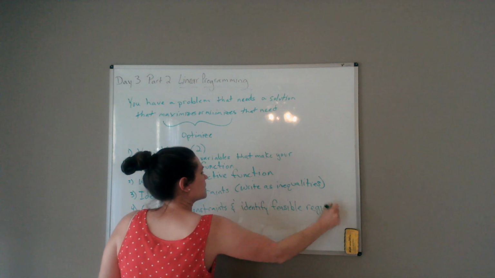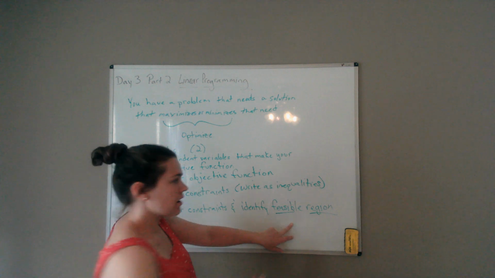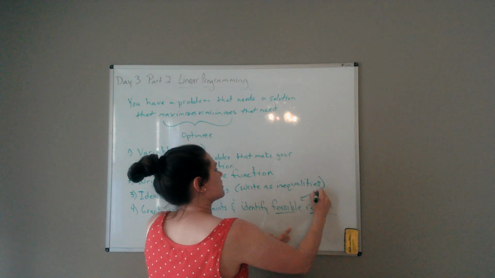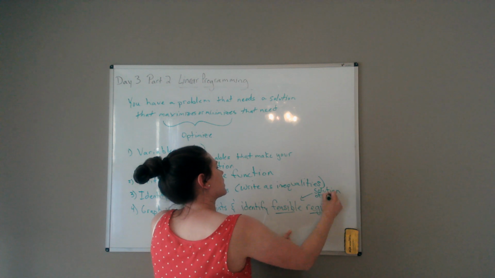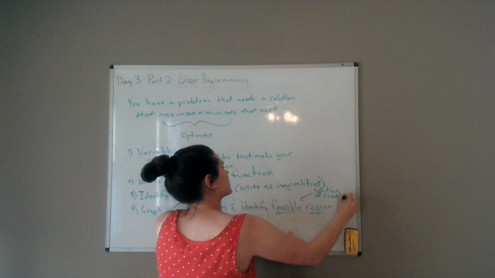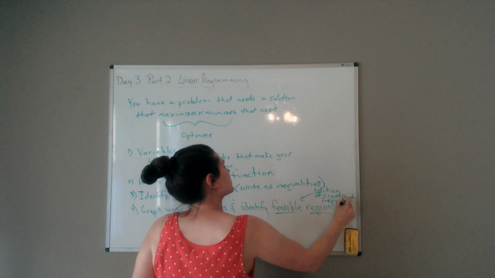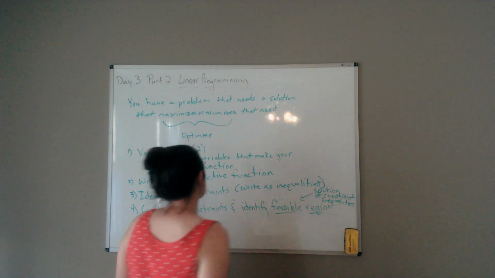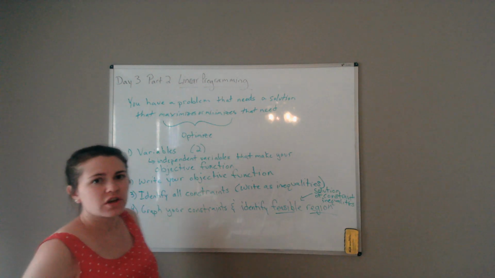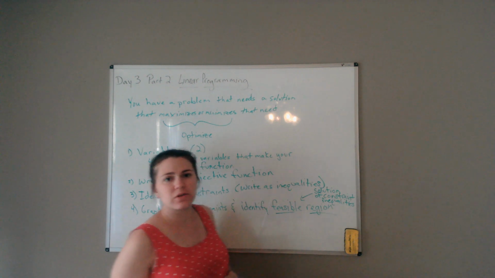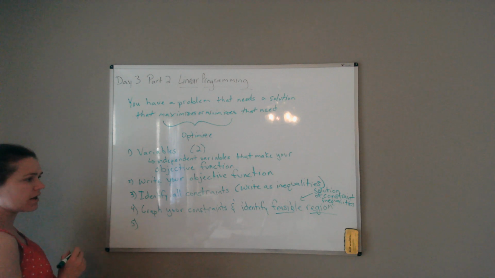Okay? Your feasible region is the true area, or the solution of the constraint inequalities. You know from Algebra 2 how to solve a system of linear inequalities after you sketch them. So your feasible region is the solution of your constraints. Those are all of your possibilities. Then, number 5,